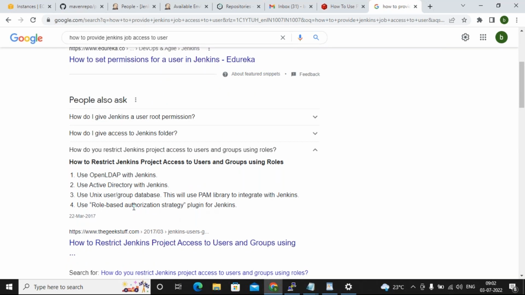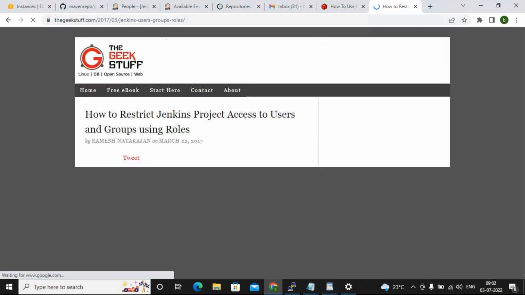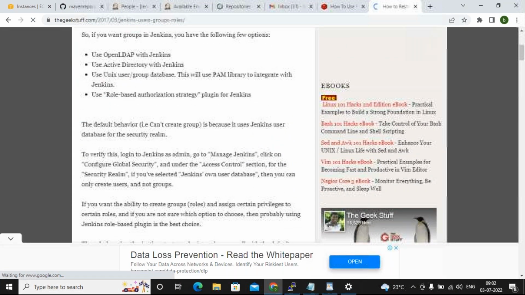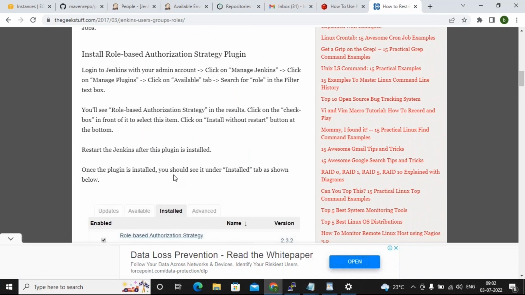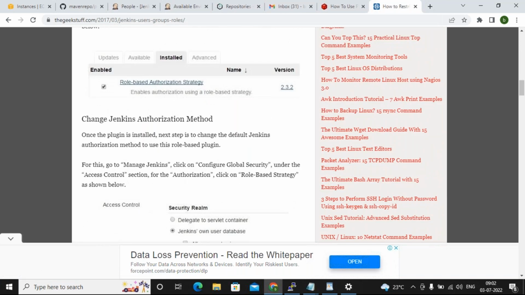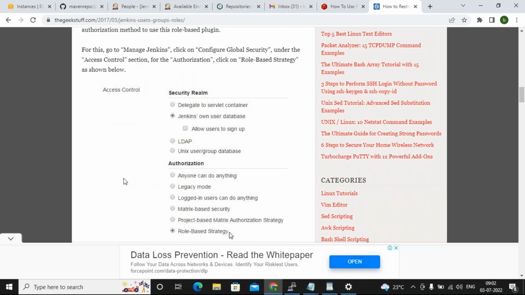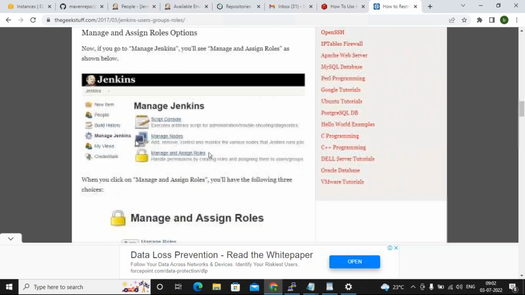You have to follow this way, role based authorization strategy, so that you can give access to particular jobs. Not role based, project based.